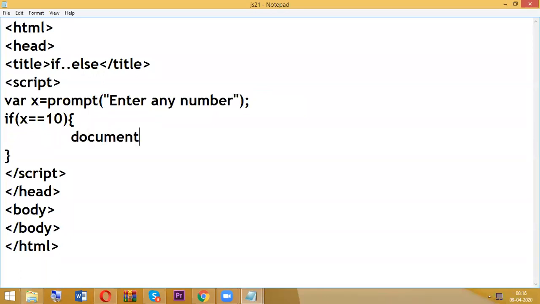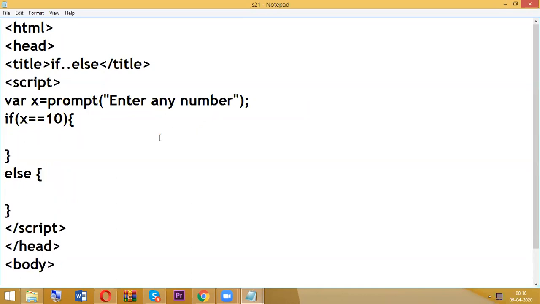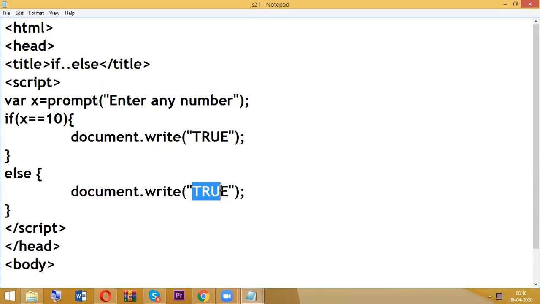So here document.write, I'm just displaying a string, true. Then document.write false. Now go and check it.